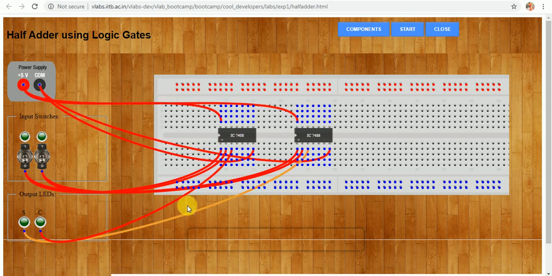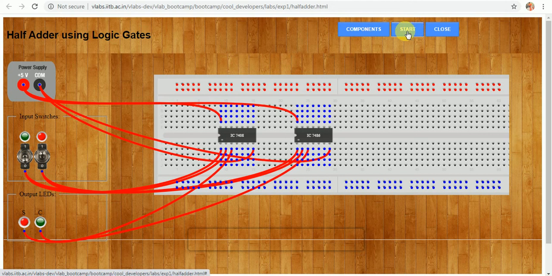Apply the binary addition rule over here for verifying the outputs. 0 plus 0, sum 0 carry 0. Second combination 0 1. Click on start. Output is 1 0. 0 plus 1, sum 1 carry 0.